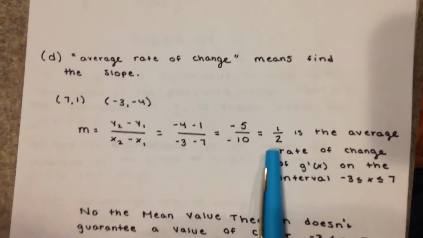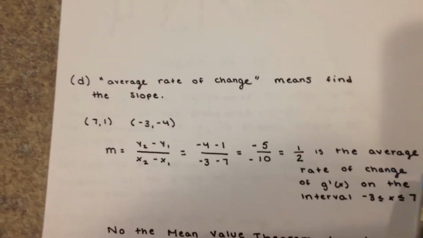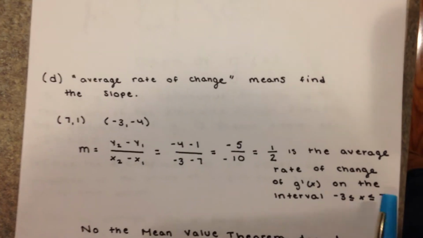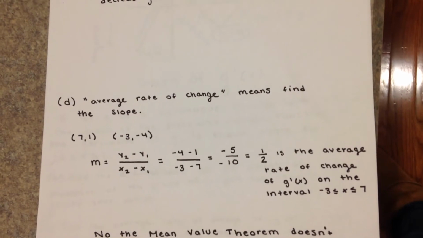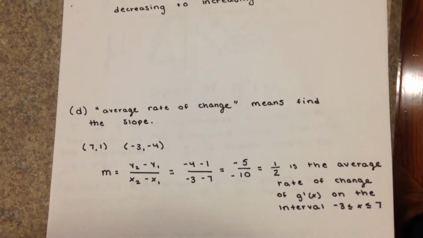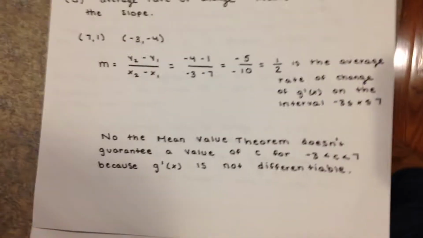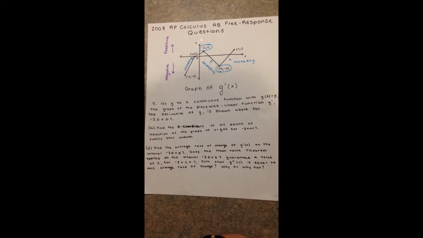So to write this in an AP problem, you have to write 1/2 as the average rate of change for g prime of x on the interval -3 to 7. So this sounds better because you sound like you know what you're doing. Part of the question asks if the mean value theorem guarantees a value for c on the interval